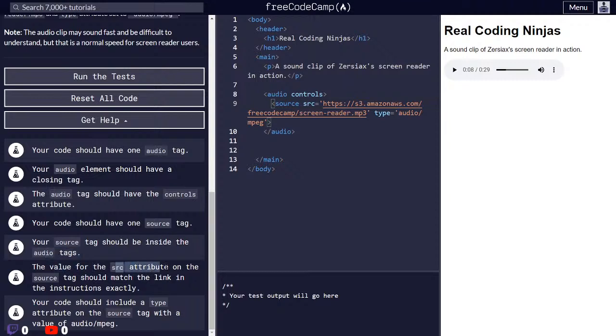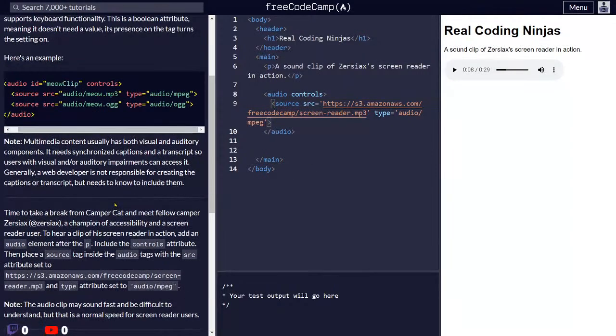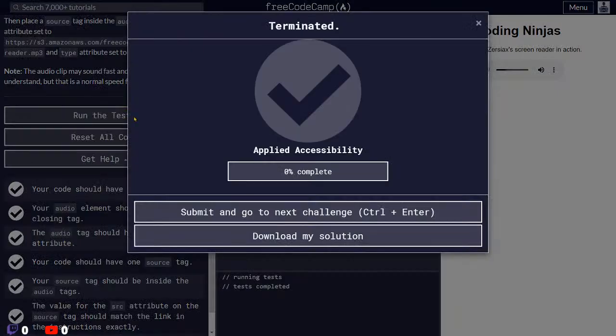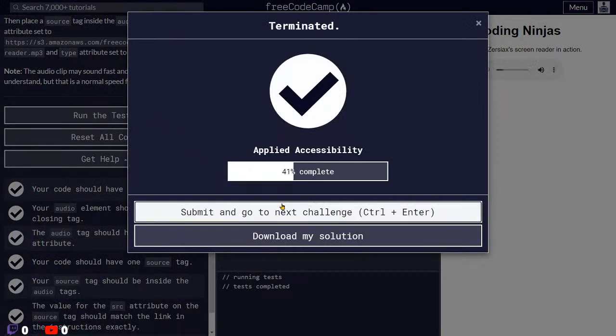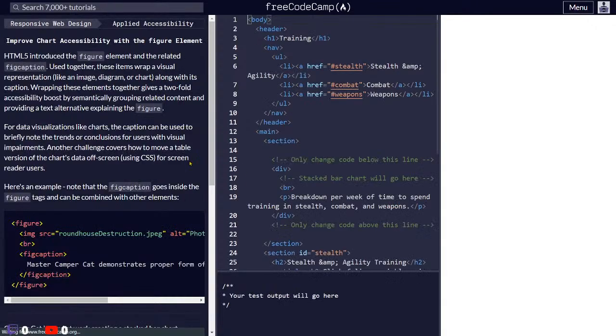The value for the src attribute on the source tag should match the link of the instruction. Your code should include the type attribute on the source tag with the value of audio. So if you run the test, it will complete the task, but there is some ID also to select this audio, but we do not need the ID from here. So if you go to the next challenge,